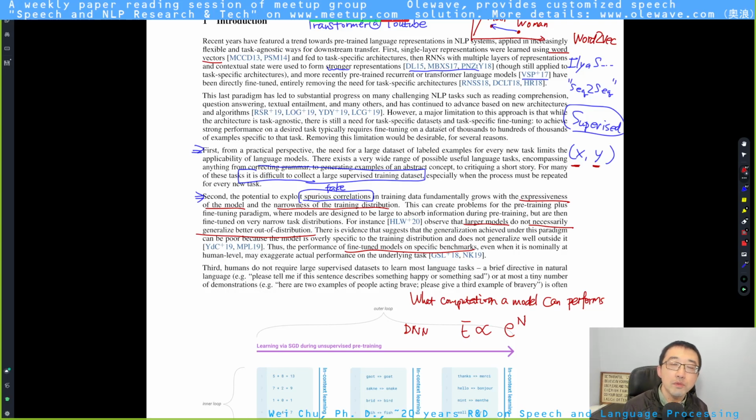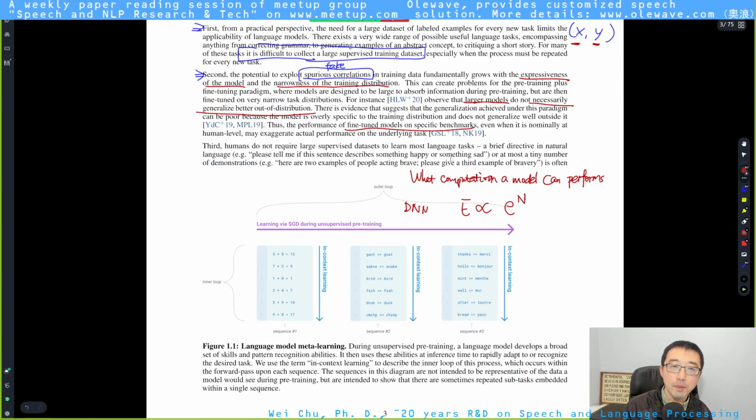So take speech recognition, for example. I think most of you would probably have heard of the LibriSpeech task if you have subscribed to my channel. LibriSpeech task. This is a reading speech recognition task, and I think right now the state-of-the-art WER is less than 1.8%, less than 2%.